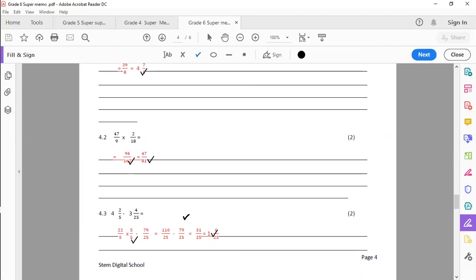Yes, so we'd have 31 over 25, and that would be 6 over 25. The mark came from noticing that this one here and these two, because that's how you tell whether denominators are the same or not. How fractions are the same or not is with the denominators. That becomes our prime focus.